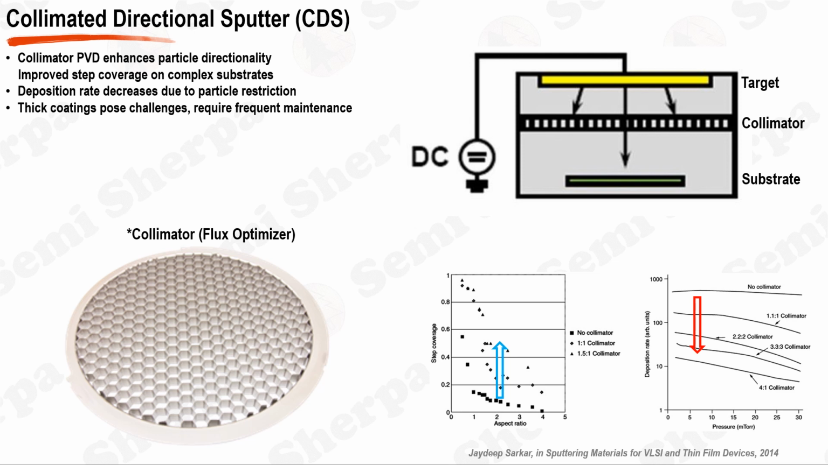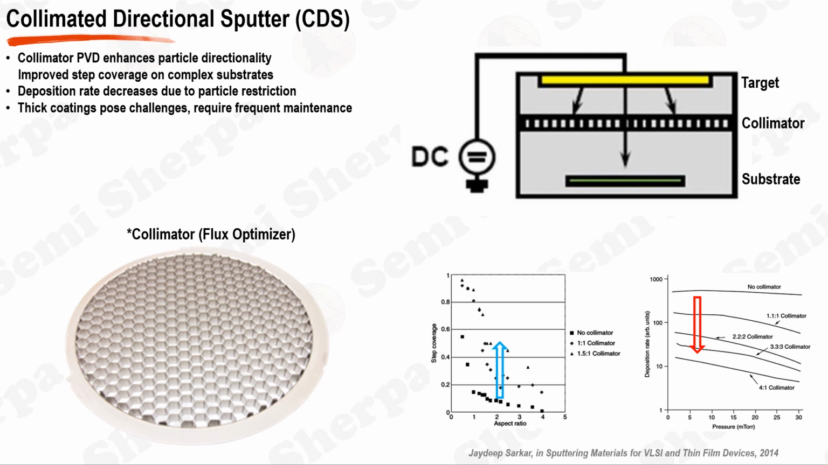This enhanced directionality significantly improves step coverage on the substrate, making collimator PVD an excellent choice for applications requiring conformal coatings on substrates with complex topographies. However, the use of a collimator also presents certain challenges. One key trade-off is the decrease in deposition rate, as the collimator restricts the number of particles reaching the substrate. To counteract this, systems may employ time or power correction mechanisms that adjust the deposition process parameters to achieve the